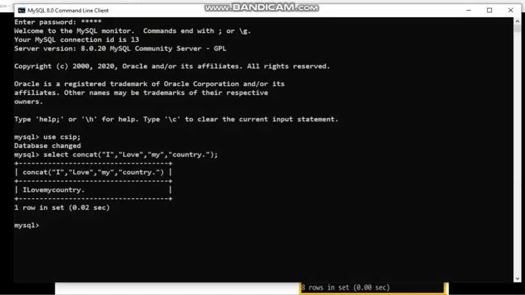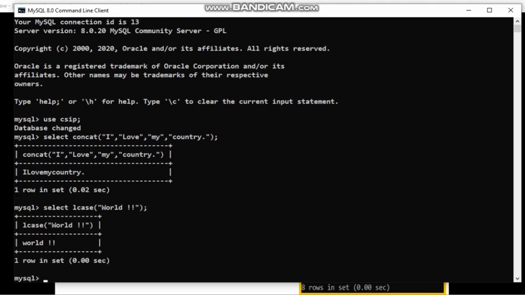So let me give you an example of this, like select L case, and if you write word and space and special characters also, it won't affect the special characters, because whatever is a special character it will display as it is, but it has given W in lowercase, right?